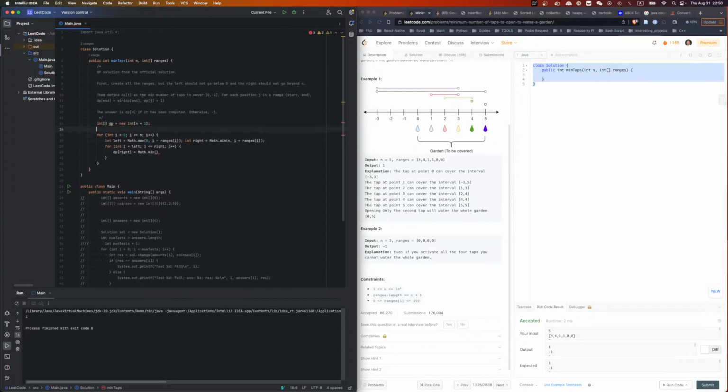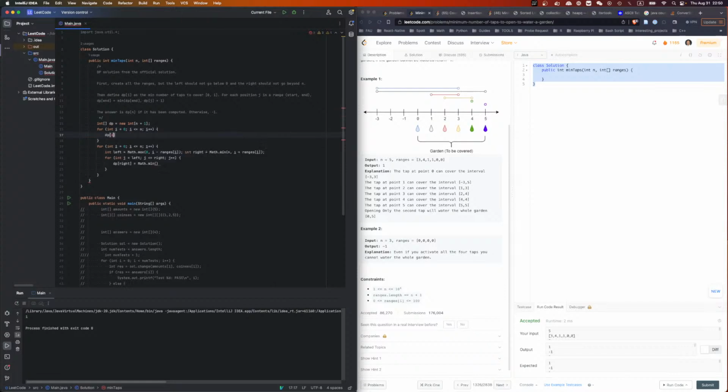Oh, we need to initialize: for int i equal to 0, i smaller equal to n, i plus plus, dpi is equal to Integer.MAX_VALUE. Initialization. So this shall be dp right and dpj plus 1, right? And then the next one,